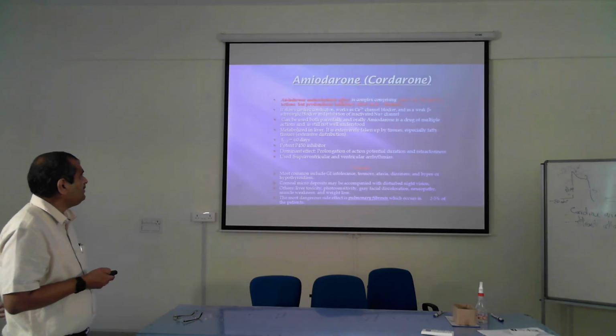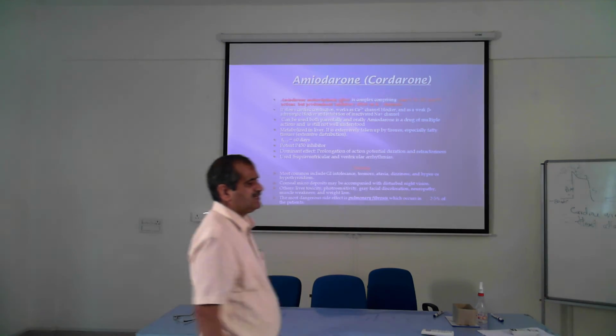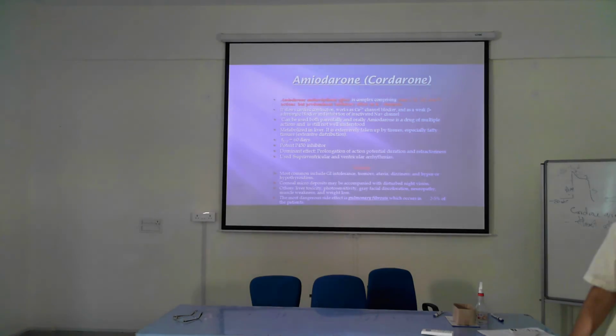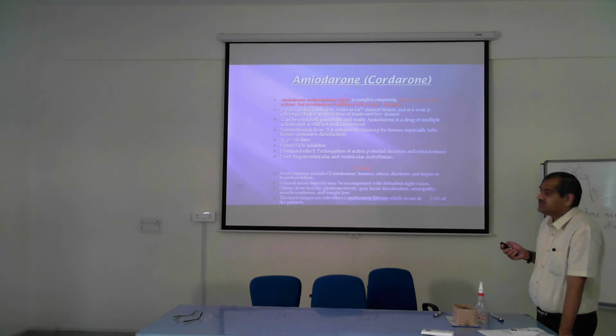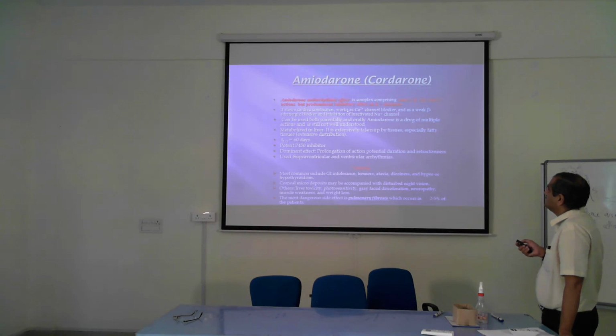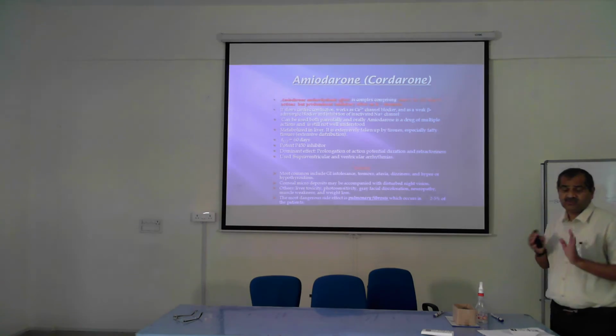Then the amiodarone medication is very commonly used in case of ventricular tachycardia. It has a very strong antiarrhythmic effect. It is having all the properties of classes 1, 2, 3, and 4, but predominant inhibitory effect on the potassium channels. So it slows the cardiac conduction, works as a potassium channel blocker and as a weak beta blocker, and inhibits the inactivated sodium channels. And it can be used both